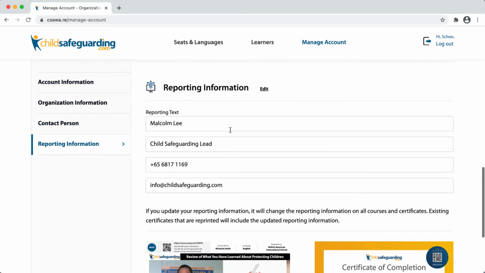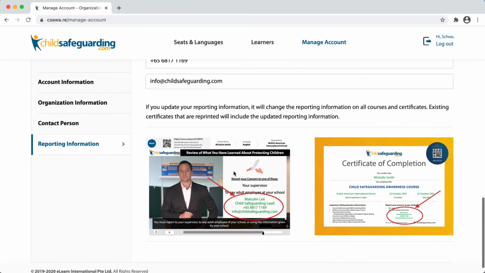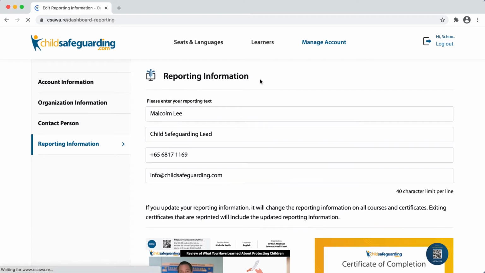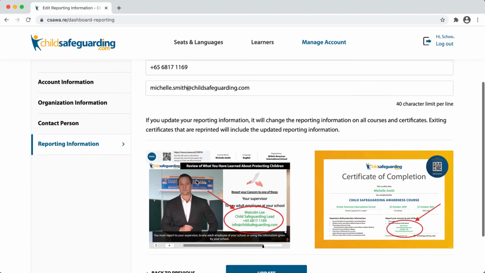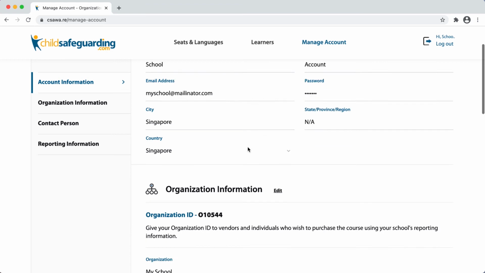At the bottom of the page, you'll see the reporting information that you have provided to us that shows up in the course and on the certificates of completion for your school. You can update this information here. So I'll change Malcolm Lee to, say, Michelle Smith, and maybe I'll change the email address here to michelle.smith@childsafeguarding.com. As soon as you update this information, just press Update, and then the information is updated on your display